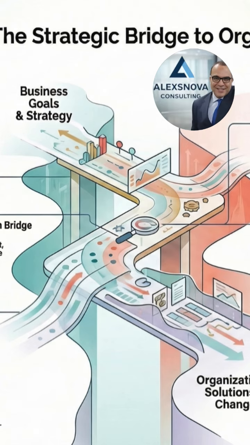A true requirement is much more rigorous. It's a condition or capability needed by a stakeholder to solve a specific problem or achieve a strategic objective. It's an actual need. Exactly. Alternatively, it might be a mandatory characteristic a system must possess to fulfill